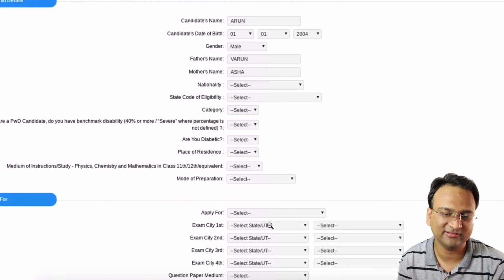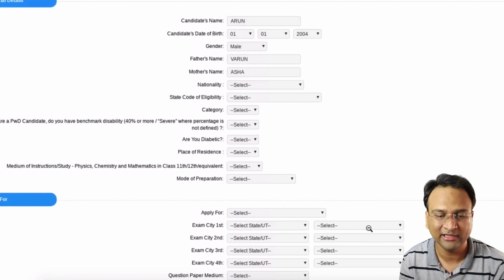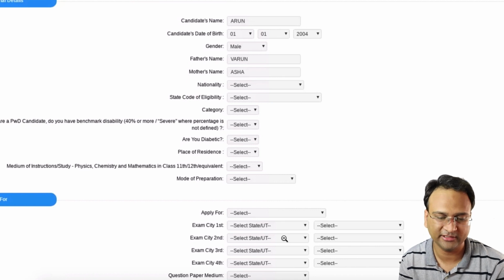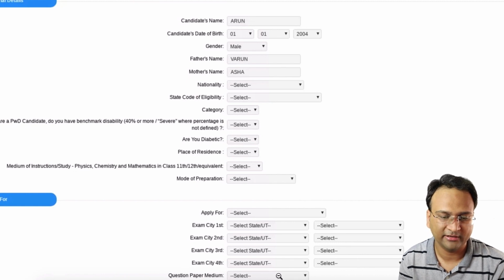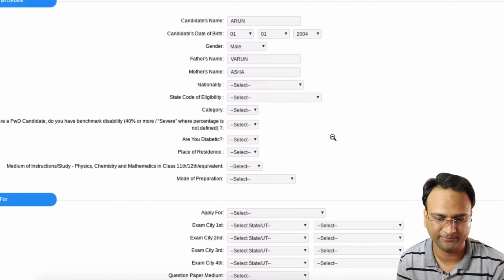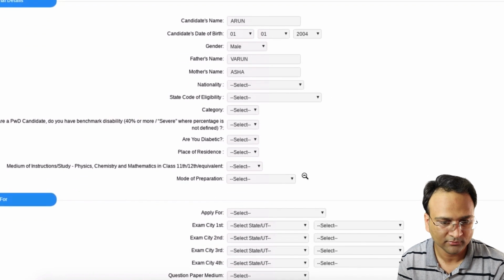Just in case the seats are filled in this particular state and in this particular city, you will automatically be given preference for city 2, then city 3 and then city 4, and vice versa. Then question paper medium. Again, this is about the language. It's about Hindi, English or Gujarati. Then you need to click on the submit button.